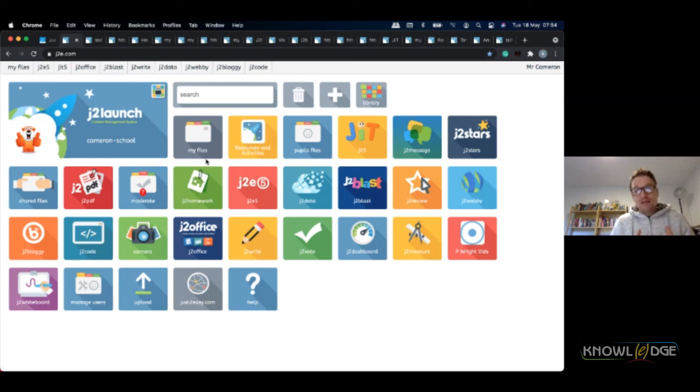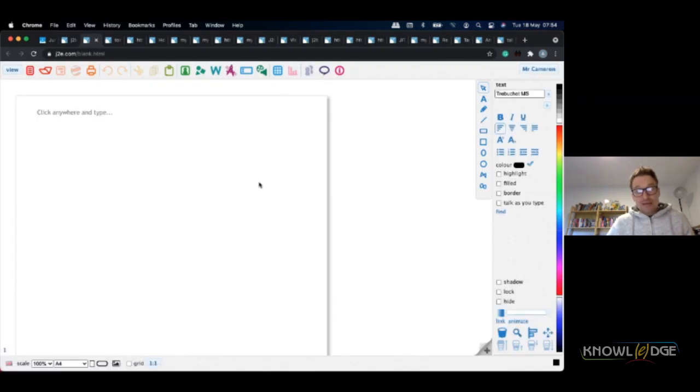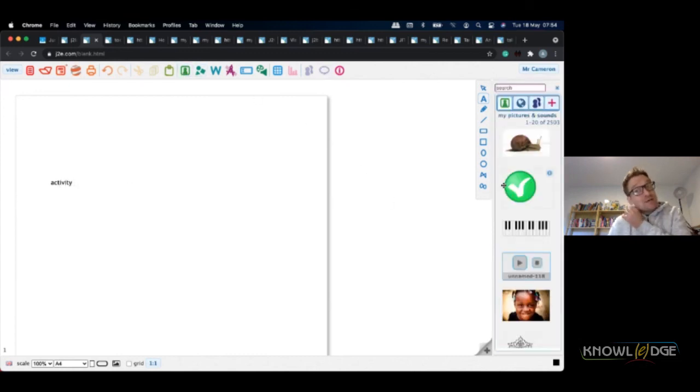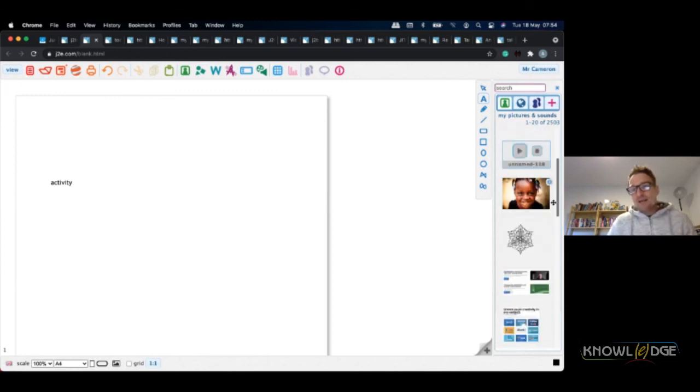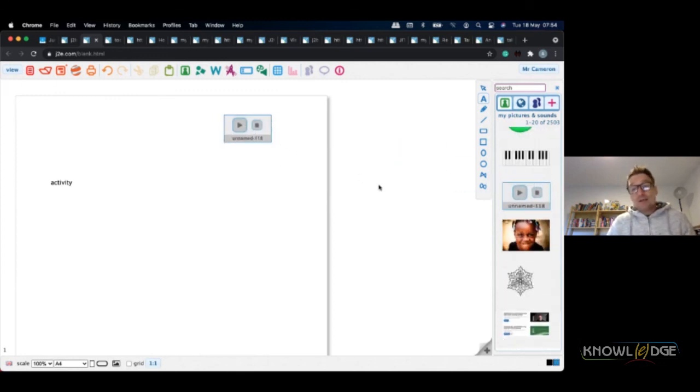You can not only record a video of you doing an activity, but you can explain it within a worksheet. So you might want to create a worksheet here which tells you the instructions of the activity. So whatever the activity, it goes in here, but you can then drag in a video of yourself doing that activity. In this case, it's an audio recording, but it could be a video recording, and there goes the explainer of the methodology for chunking in multiplication, for example, right next to the activity that you want your students to fill in.